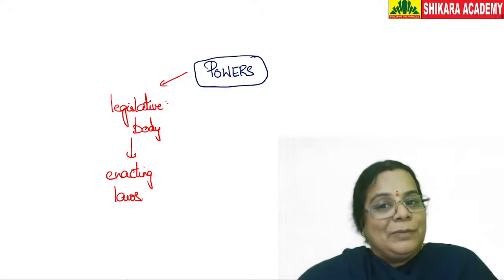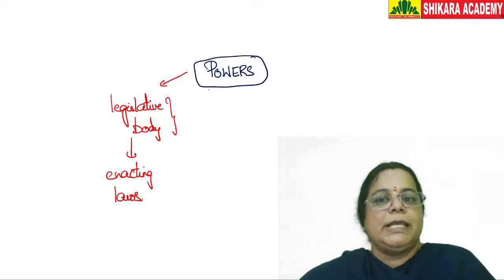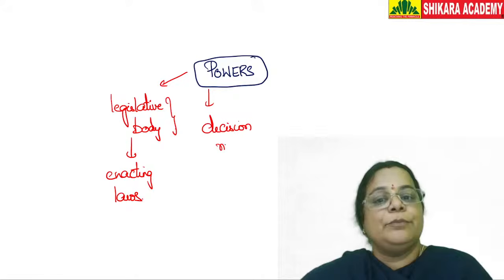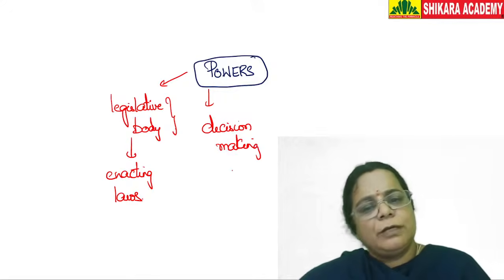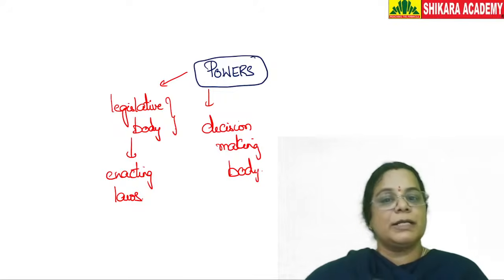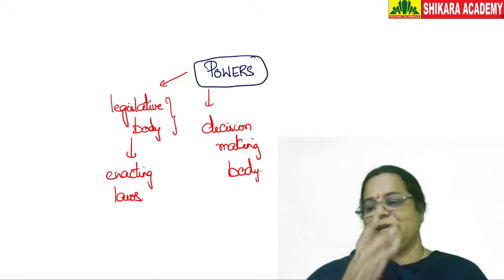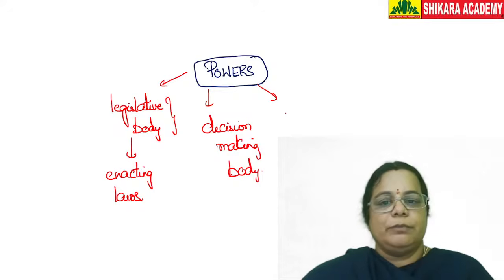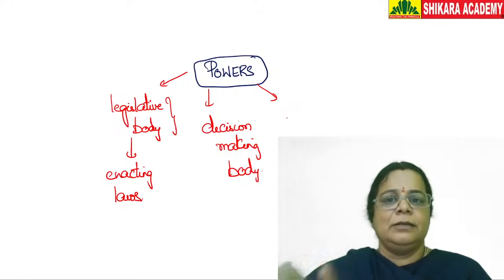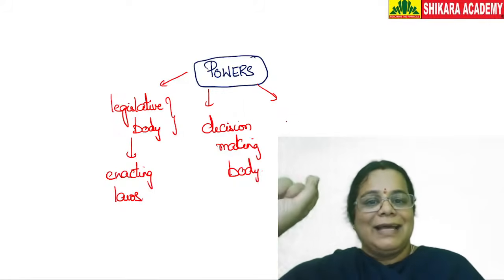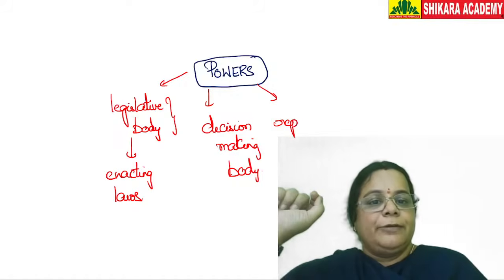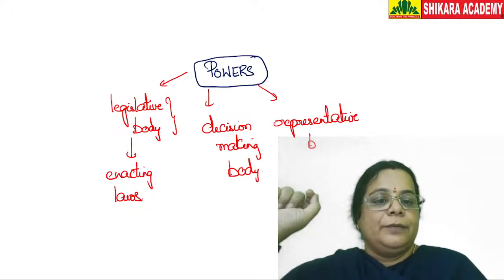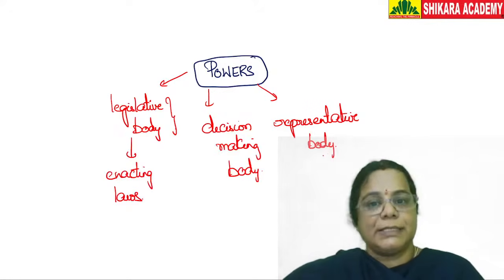Now, while it makes laws, to a large extent, these laws involve decision making. So it is also a decision making body. Whichever body makes laws, whoever gets to make the rules, is the decision making body. So they will have the power to take decisions. Then you should also remember that Parliament will also function as a representative body. It represents the interests of the people at large, the states at large.